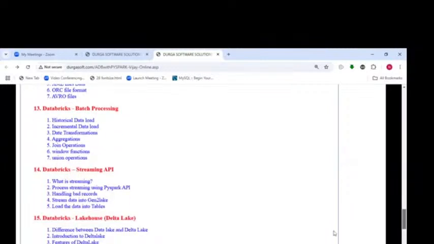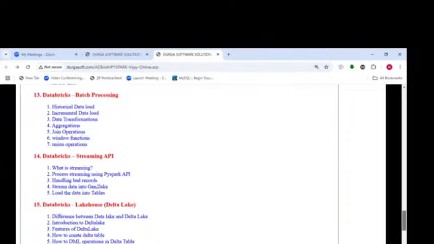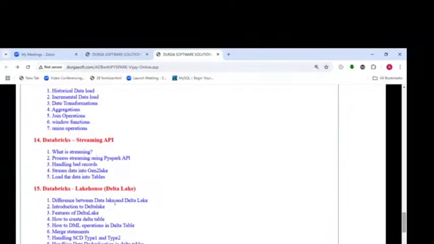And for the streaming API, what is the streaming process? Streaming with the PySpark API, handling bad records, loading the data into tables, Databricks Lakehouse, difference between data lake and Delta Lake, introduction to Delta Lake, features of Delta Lake, how to create Delta Lake, how to do DML operations in Delta Lake, merge statements, handling SCD type 1 and type 2, handling data deduplication in Delta Lakes, Delta tables, handling streaming data in Delta Lake,